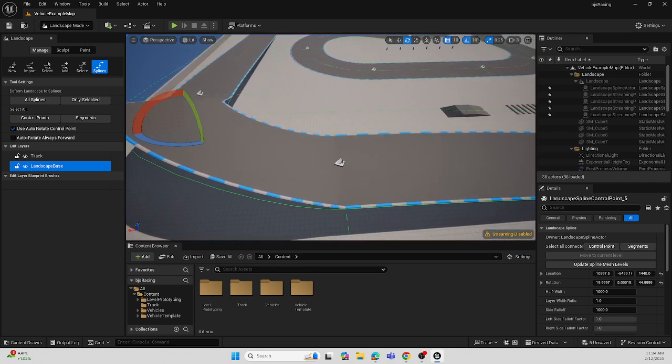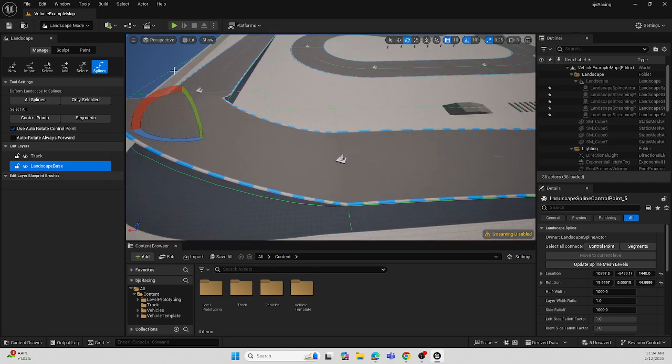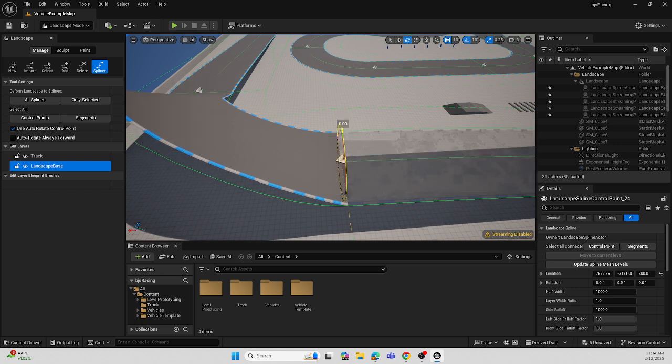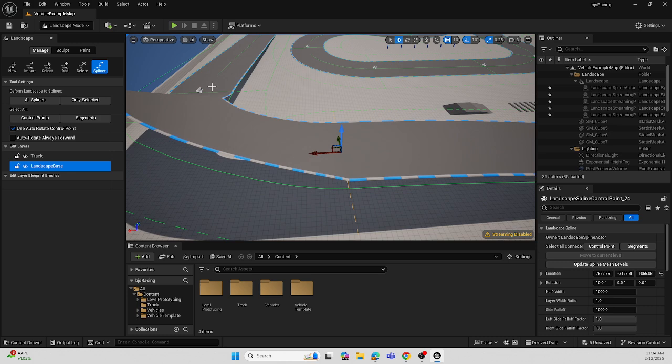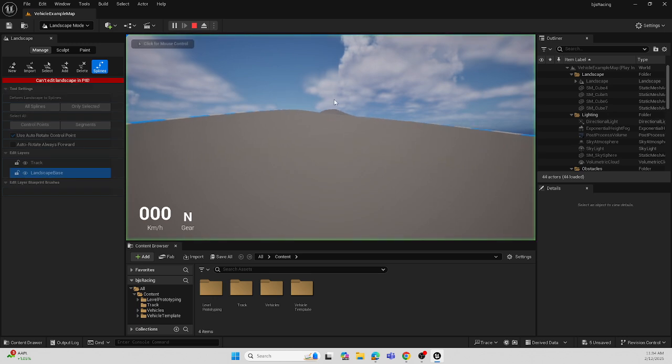How does that look? That's not bad. Maybe I'm going to bank it just a little bit more, like that. And I'll take this one. Maybe I'll bank this just a little bit. Yeah, and pull it up a little bit as well. There we go. And I'll pull this one up just a little bit more. So you are going to have to play around with them a little bit. There we go. And so now when I hit play,